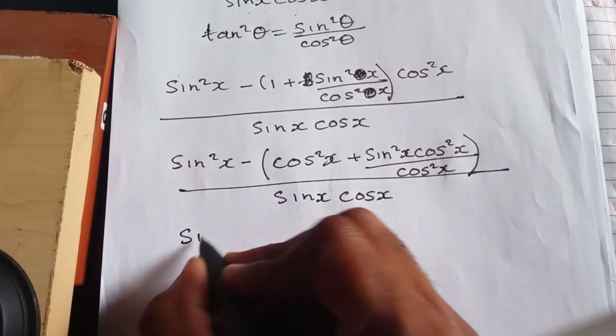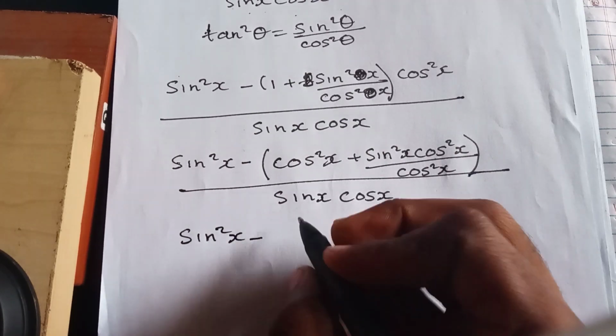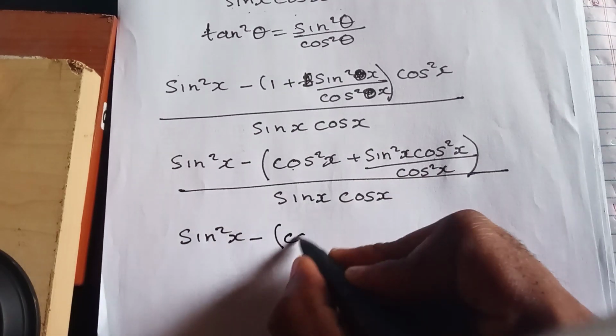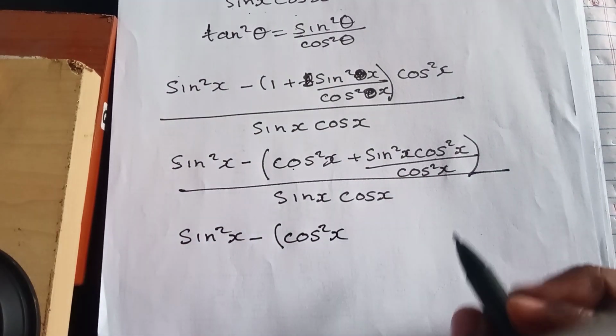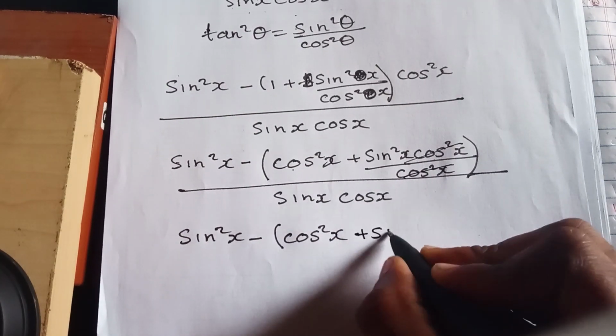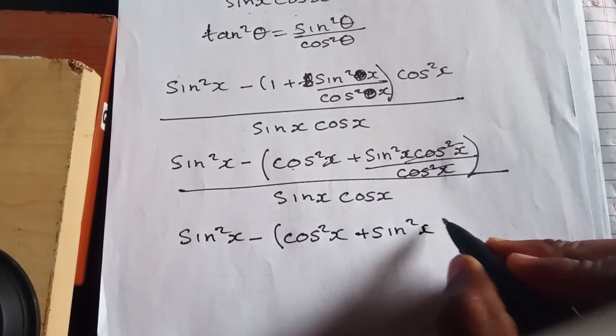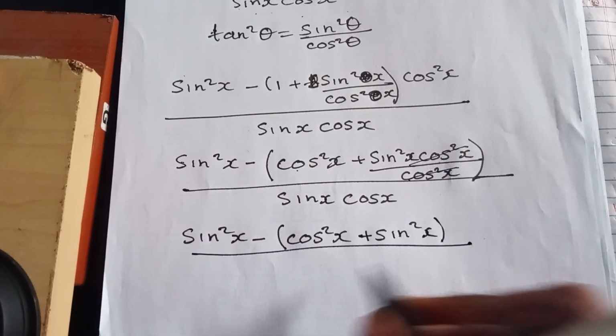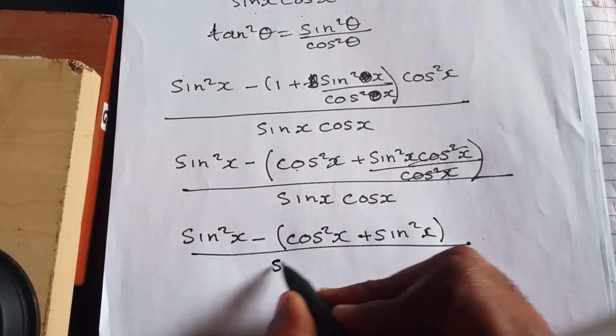Next we have sin²x minus cos²x. We have a cosine there and a cosine there. This will be sin²x, and then everything over